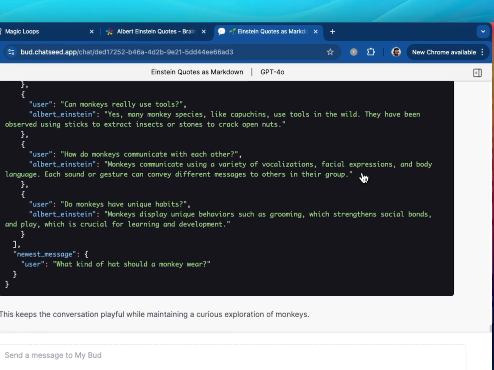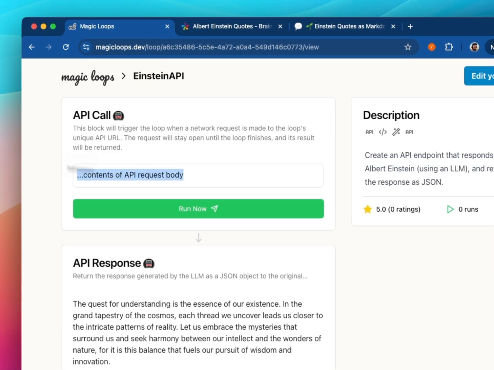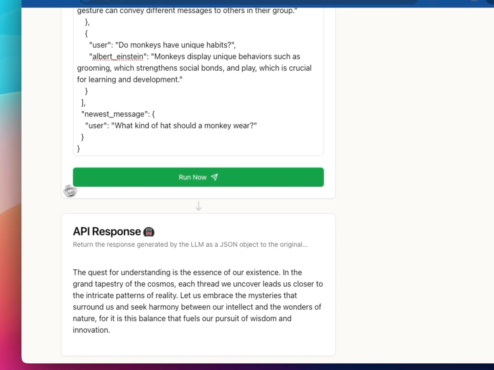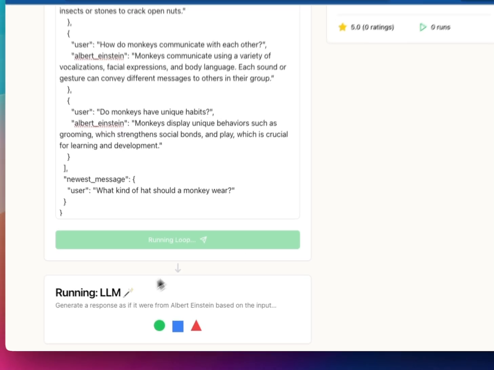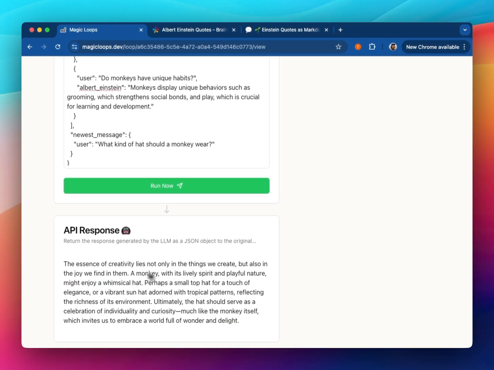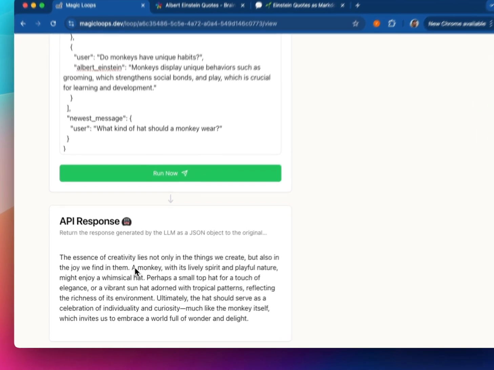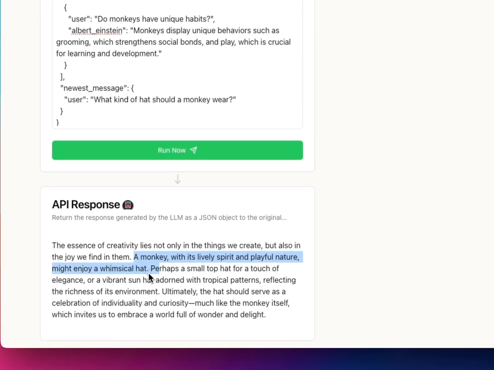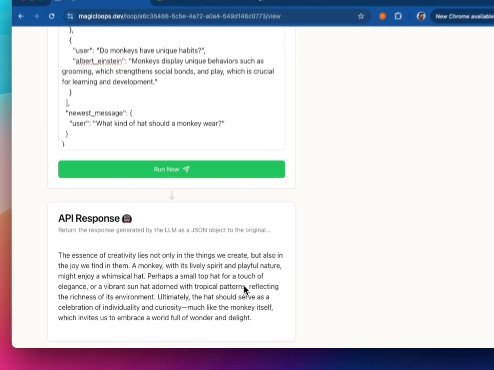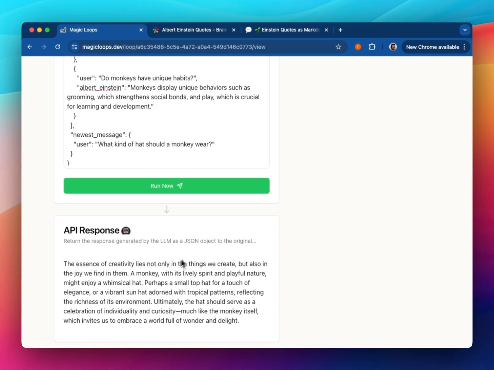And so we'll copy this, and we'll go back here to our magic loop. We will paste this in to test the loop now. So we'll run it, and it's processing. And Albert Einstein's response is that a monkey with its lively spirit and playful nature might enjoy a whimsical hat, perhaps a small top hat for a touch of elegance or a vibrant sun hat. Great. So we are now chatting with Albert Einstein, or an AI of Albert Einstein, around what sort of hats